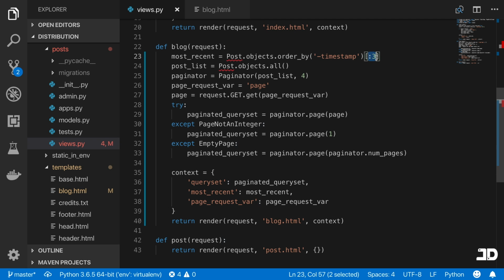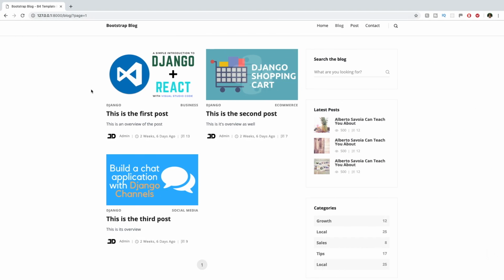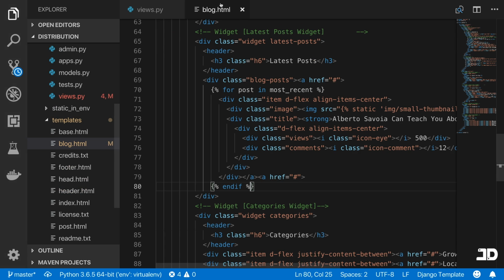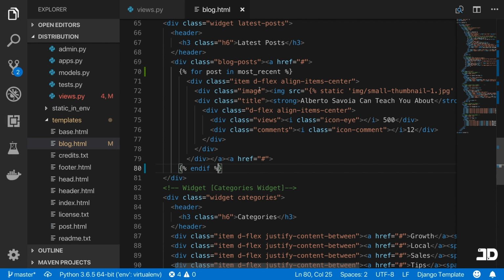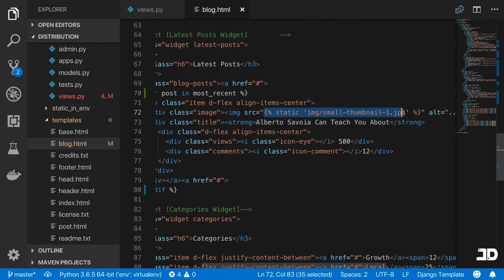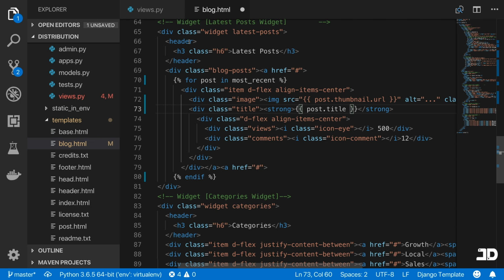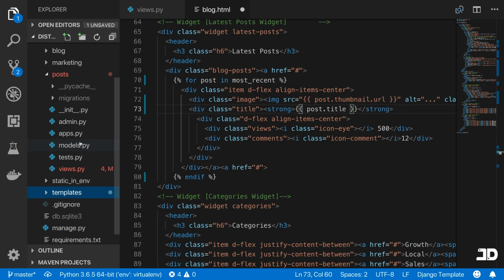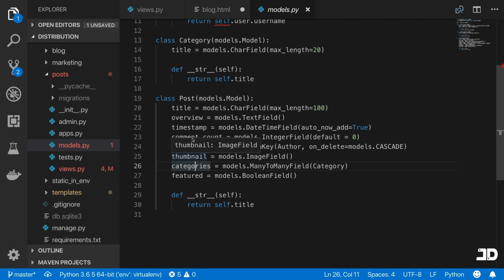So we say :3, which means it'll only get the first 3 items. So now we have those, and we can then actually just render the information out here. So we're going to get rid of the static URL, and this will be post.thumbnail.url, and then this is the title, so we'll say post.title, and then we have a view count and a comment count. So right now we don't have a view count on the model, so I'm just going to copy